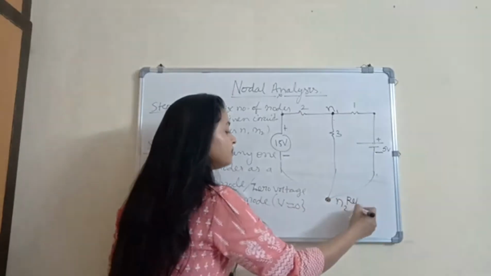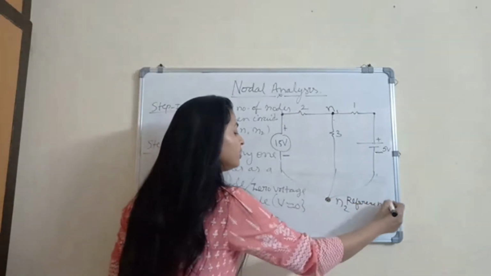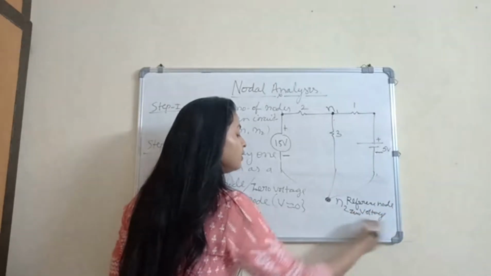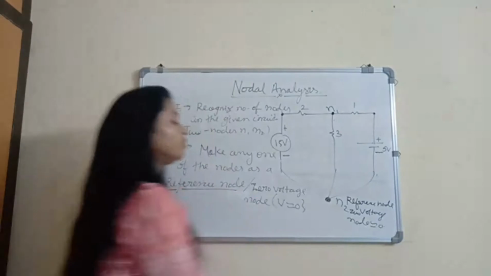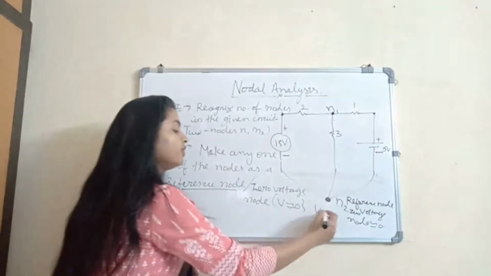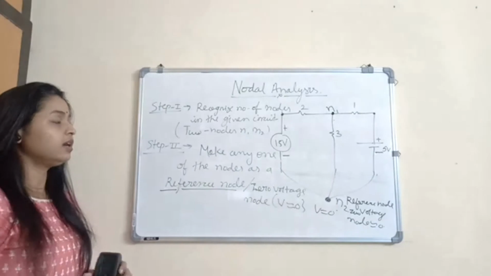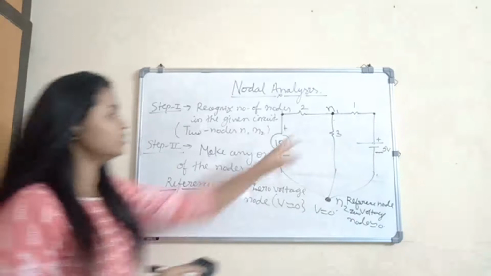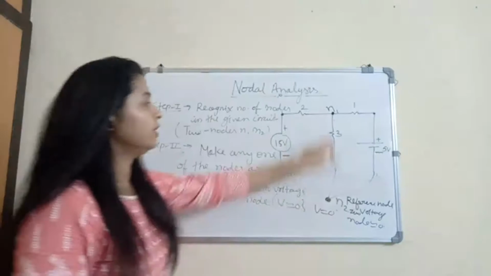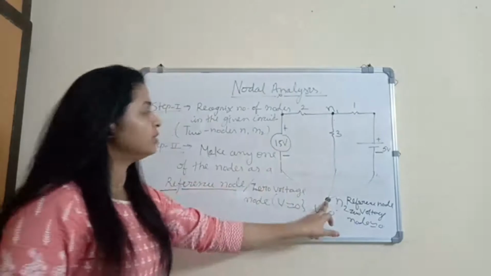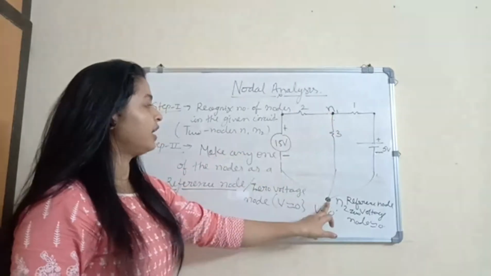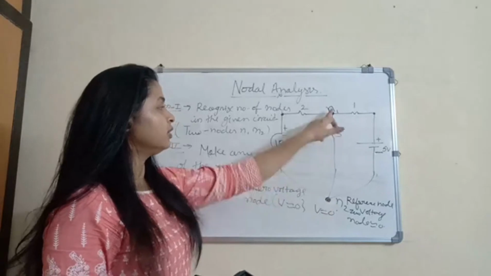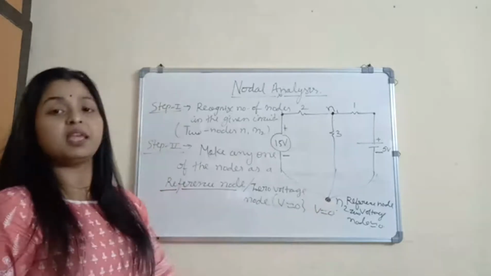I can make this a reference, or the zero voltage node. So I'll consider it as a zero voltage node. So the voltage at this node is always equal to zero. Now, in other terms, current can only flow when the loop is closed. So in this way, we close this loop. If I start from this, I should end on this. Through this branch, I should end here. So this must be the end point.